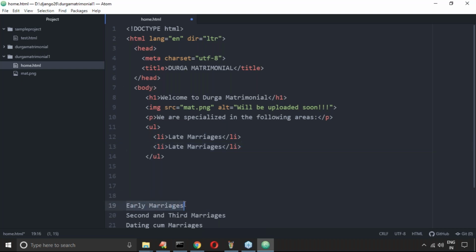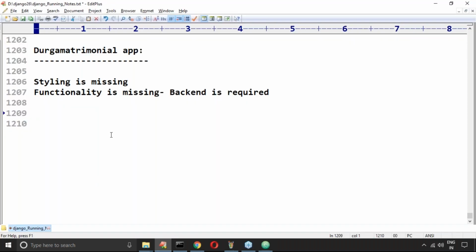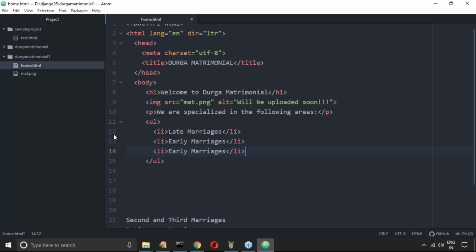But there is one shortcut: Control Shift D. Observe carefully. It is going to print the current line again.